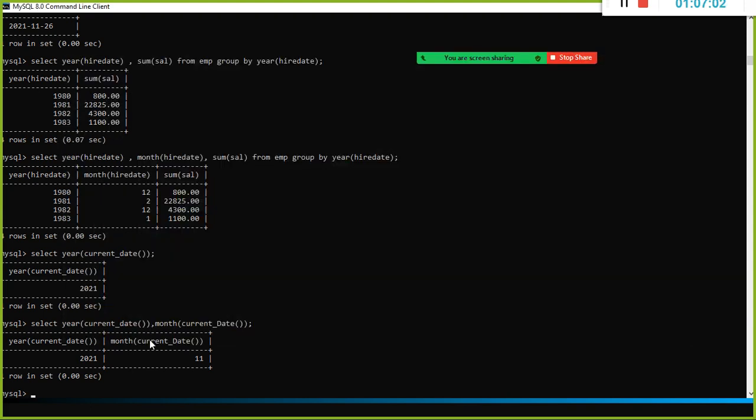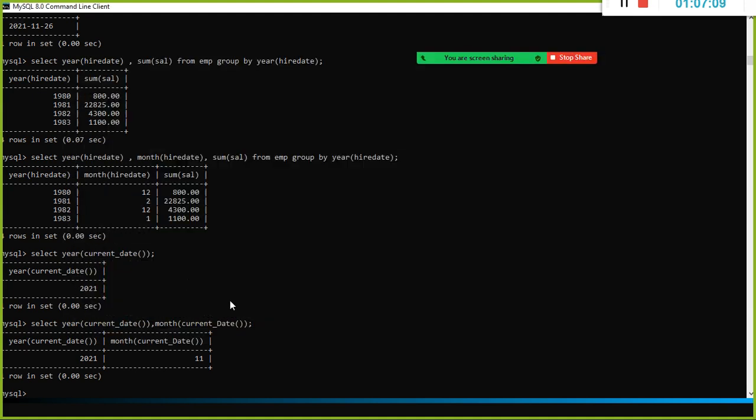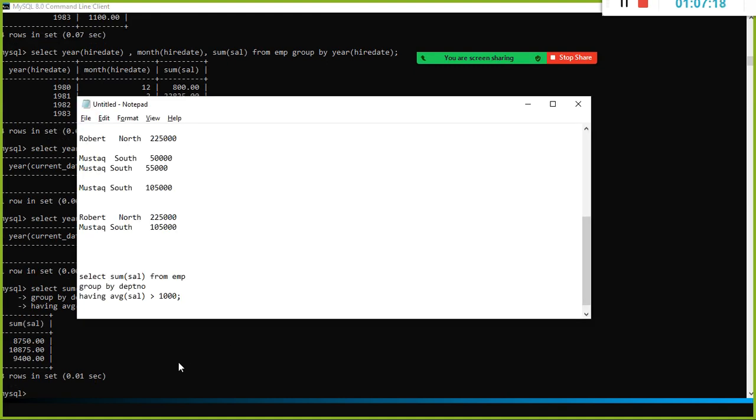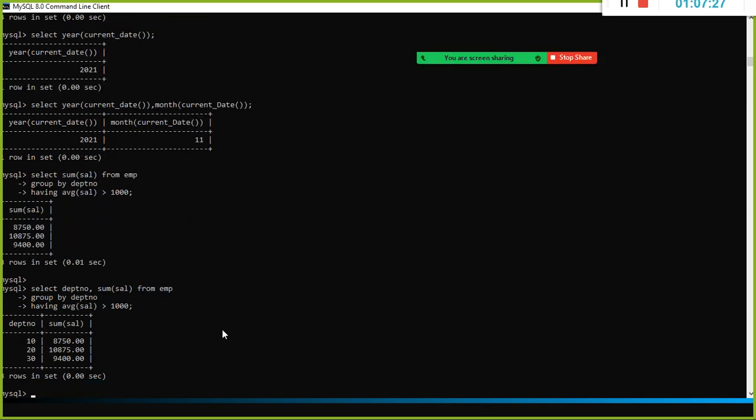It is kind of playing the role of the where clause, roughly speaking. Look here, select sum of sal from EMP group by depart number. Here we are doing the group by on depart number, hence we can use the depart number column. In depart number 10, more than 1000 is this one, and this one is this one.